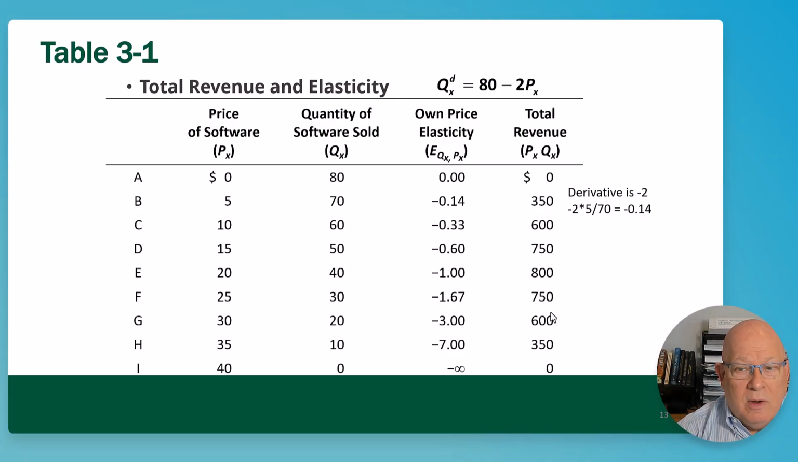After that point, any additional increases in the price are going to reduce the quantity sold by a large percentage amount. And so our total revenue is going to go down. So the point at which we reach unitary elasticity is going to be the point at which we maximize our revenue. Okay? If we look at this graphically,